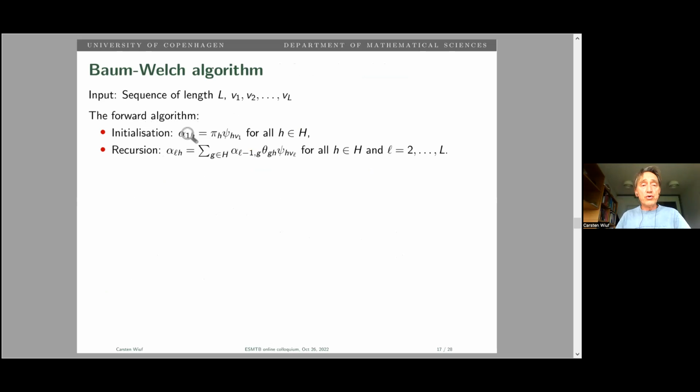We introduce auxiliary variables called alpha 1 up to alpha L. They depend on the current parameter values, psi and theta, and the alphas are calculated in a recursive way. That means that alpha L depends on the current